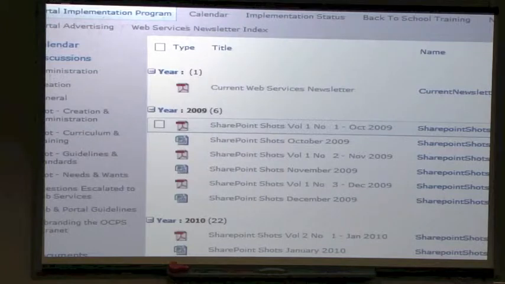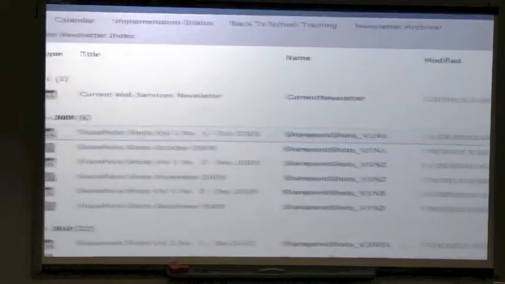Now this is a very special library, granted. This is where all of our newsletters are. Actually, it's not even a Word document. It's a Microsoft Publisher document. So even though all the documents are in this library, only the PDF showed up. And the reason only the PDF showed up,